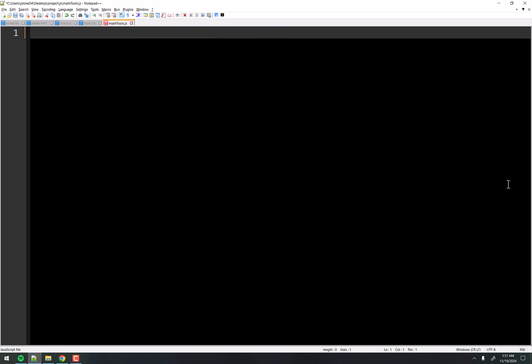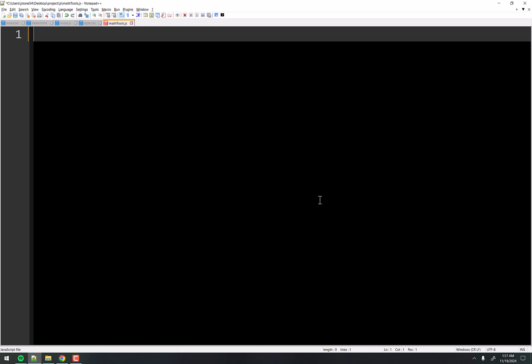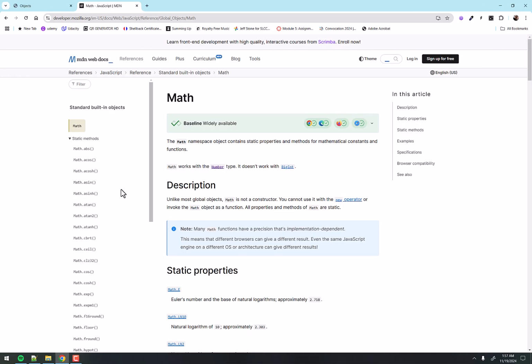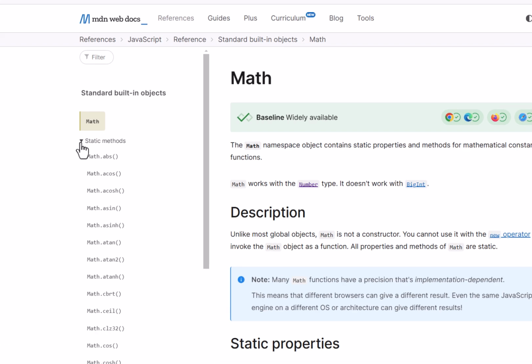Okay. So we've already been exposed to static methods or static classes, static things. There's one that exists in JavaScript called the math class, right? So let's take a look at the documentation here. We go to the MDN documentation right here for the JavaScript math class. Here's the math class right here. And you can see it has all these static methods here.